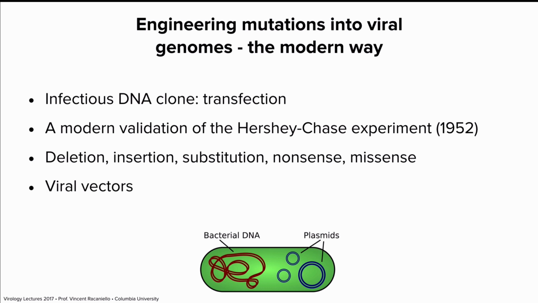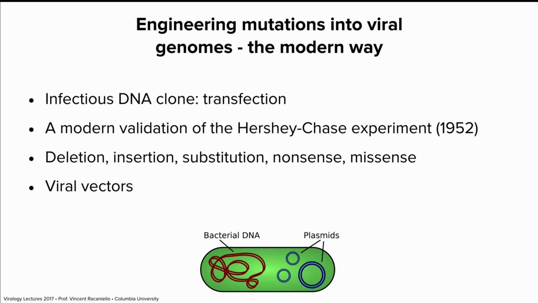You take just the viral genome, whether it be RNA or DNA, you make a DNA copy, you put it in a bacterial plasmid so you can make lots of it, and then you take that recombinant DNA, you put it in cells, and out comes virus. The DNA is the genetic material. And why is this so good? Because you can manipulate it. You can make mutations of all sorts. You can delete, insert. You can make recombinants. You could add genes into viruses or take them away, depending on what you want to do. Recombinant DNA makes that possible. Of course, with RNA viruses, you can't do this at all because the RNA genome is not manipulable.